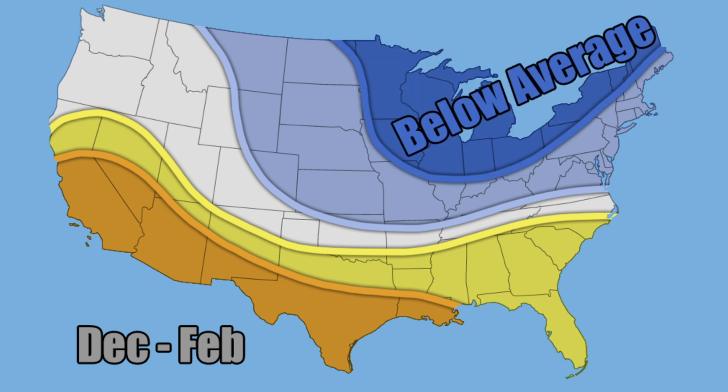Now, if you live in this darker blue region within portions of the Great Lakes and the interior Northeast, this is where I think it'll be coldest, and I think this is where that colder weather will probably stick around a little bit longer. Also, this has changed. That moderately below average area shifted from portions of the Midwest a lot further east into the Great Lakes and the interior Northeast. Before it was more into the Dakotas, Nebraska, Montana, but it really has shifted a lot further east, and that's what I've seen in a lot of these longer term models, and also in some of the indications I'm getting from different oscillations that I'm looking at.